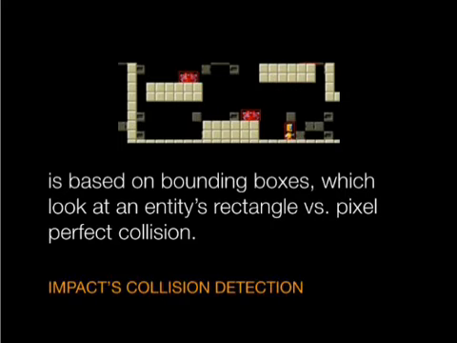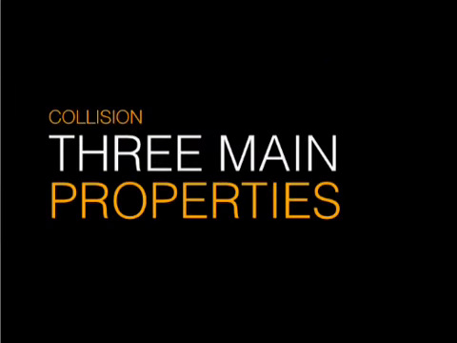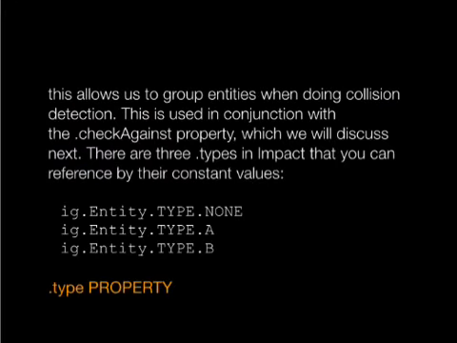And Impact really has a unique way of setting up collision. There are three main properties that handle collisions. With collision detection in Impact, you really want to think about it as setting up relationships as opposed to brute-force trying to detect things. The engine will do a very good job of running through all of your entities and testing them against each other, as long as you set them up correctly.